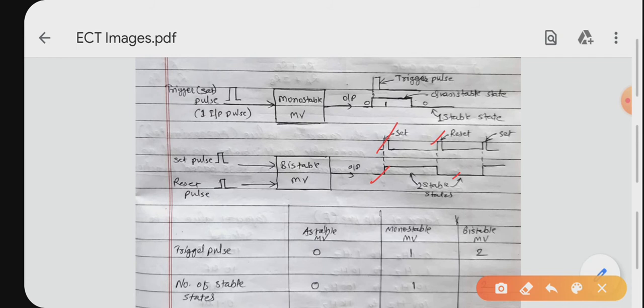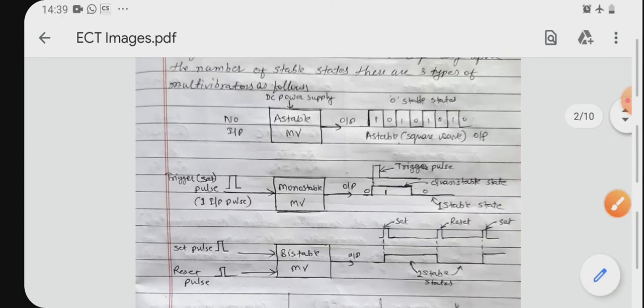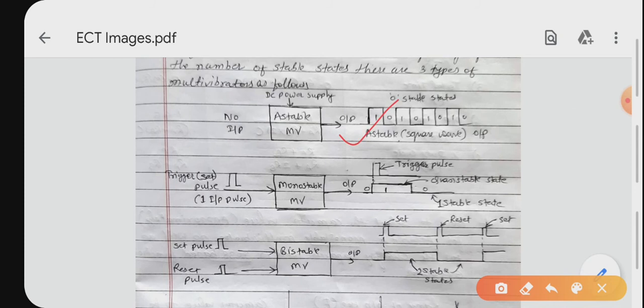Okay, so application of astable multivibrator is nothing but it is used as a square wave generator. Application of monostable multivibrator, it is used as a timer, because as soon as the trigger pulse is applied, the state changes from one state to another state, and it will remain into its changed state for a certain time interval decided by R and C components, which are externally connected. So it works as a timer.